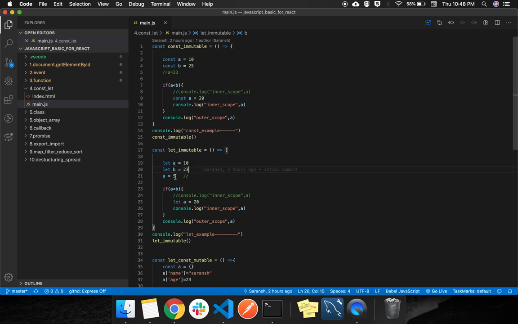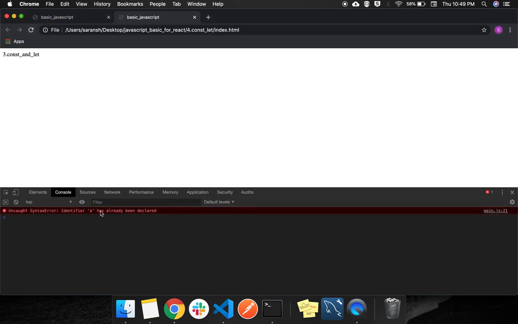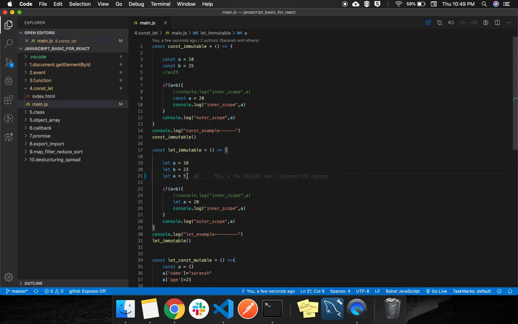It can be changed to an integer, it can be changed to anything. It can be reassigned, but it cannot be redeclared with the same variable name. A has already been declared, 21 is here.